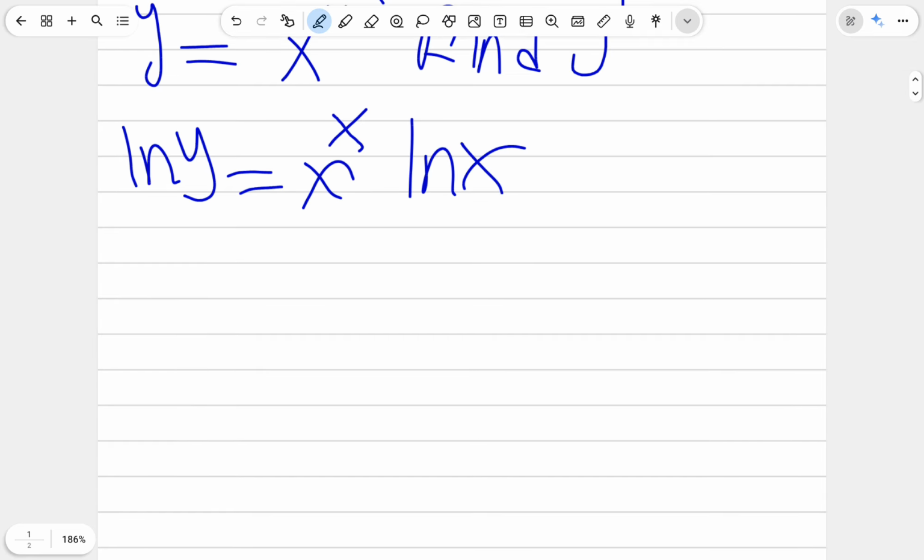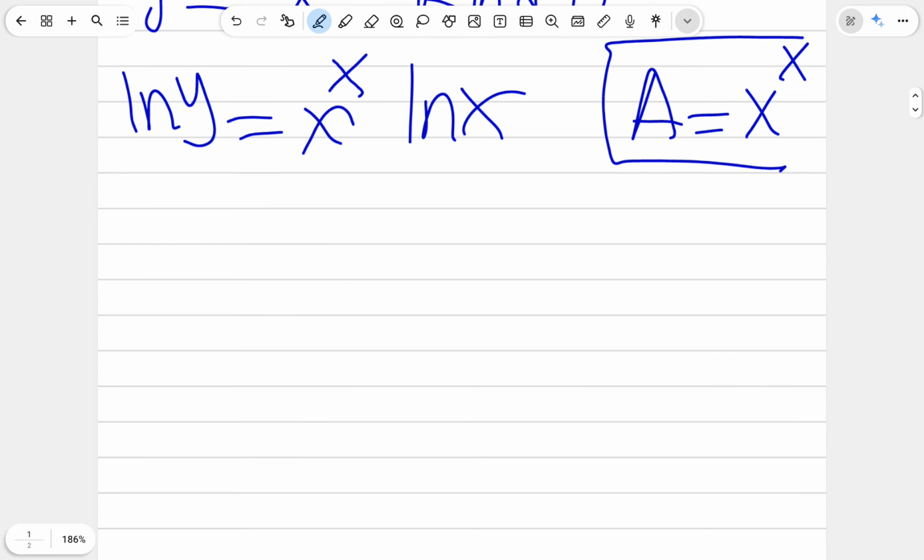So we will call x power x a. So a equals x power x. We will need this next. So we will make a substitution. So ln a equals... ln y